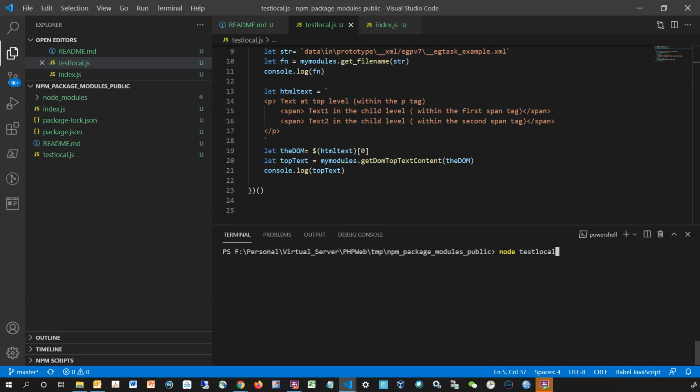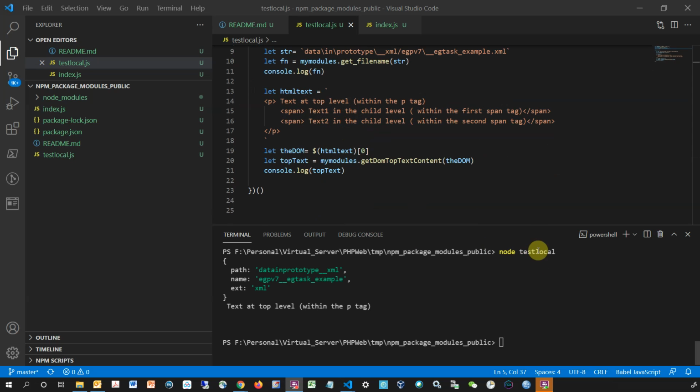I just run this test local file, and I get the path name and extension of the string, and also the top text, which is this part here. All right, so this illustrates that it now works in Node.js, running locally with these packages. For the next video, we're going to show how to publish this onto